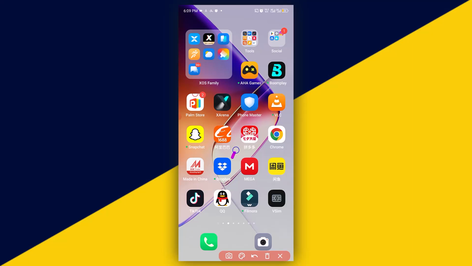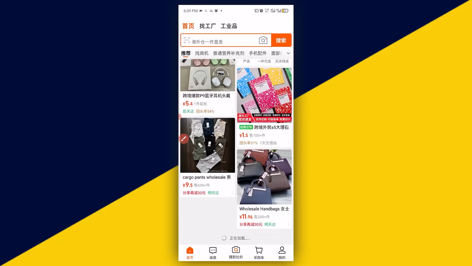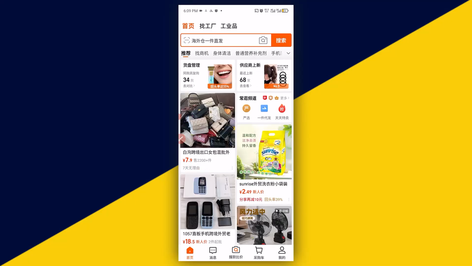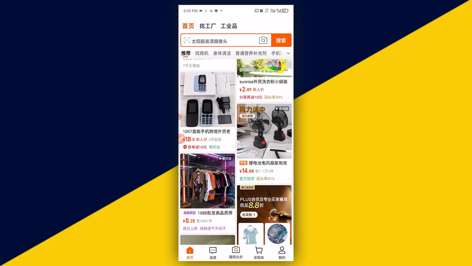Whether you have been using the 1688 Chinese shopping app for a very long time, or you are new to the 1688 Chinese shopping app and using the app to source and ship products from China, and you don't want to get your account restricted at login, or you have been restricted on your account and you are trying to create another account, there are some important things you need to know about the reason why you are getting restricted on your 1688 Chinese